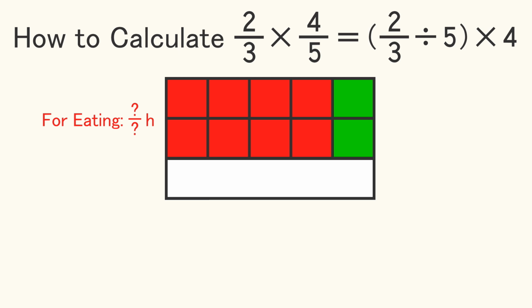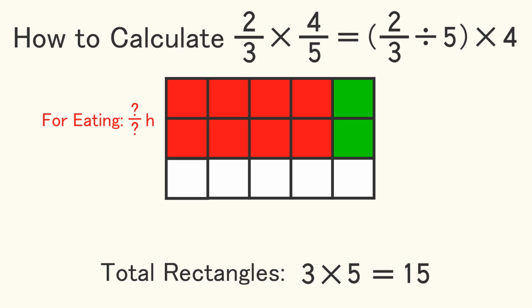Let's find out 2 things: how many equal parts the 1 hour rectangle is divided into, and how many of those parts make up the red area. To do this, we extend the 4 vertical lines drawn in the lunch break area across the entire 1 hour rectangle. Now, how many equal parts is the entire 1 hour rectangle divided into? Since it is divided into 3 vertical parts and 5 horizontal parts, we can see that it is divided into 3 multiplied by 5 equals 15 equal parts.